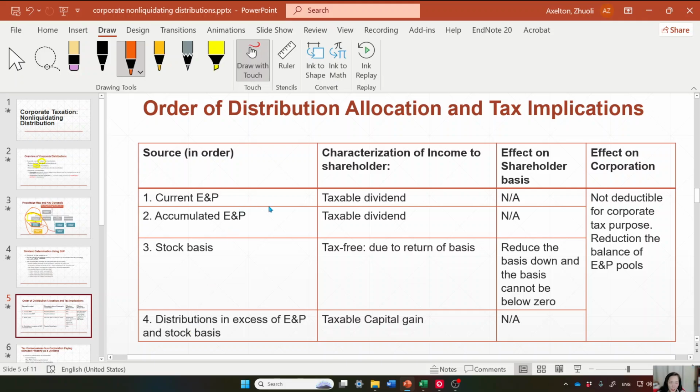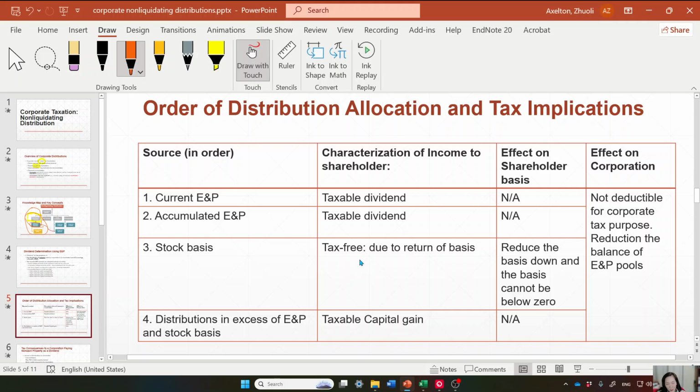Depending on where the allocation ends, if the distribution is up to the amount of current year E&P, we'll treat it as a taxable dividend. If there's still anything remaining, then it will be allocated to the accumulated E&P, and it will be treated as a taxable dividend. And if the distribution exceeds both current year E&P and accumulated E&P, then the remaining distribution will be compared against the stock basis,